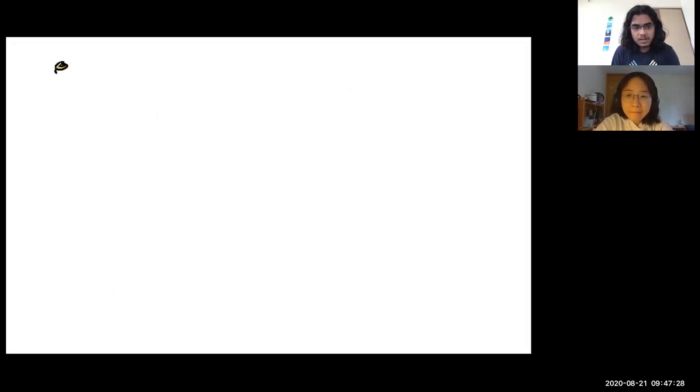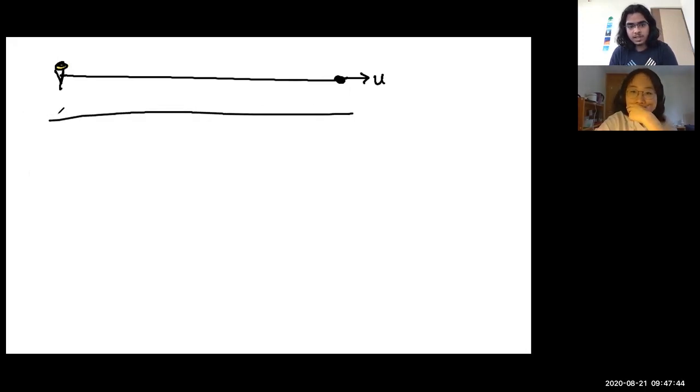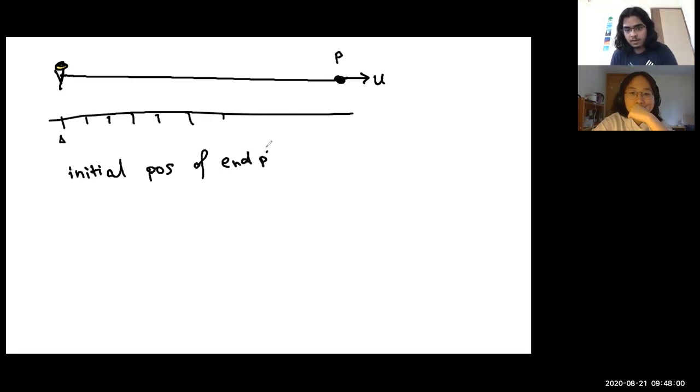So, you have this peg and an elastic string, and you know that this point is moving at a speed u, right? And you know that initial length. So if we assume there is an axis placed here, a scale with a 0 on the peg, then you know the initial position of the endpoint. Let's call this endpoint P. It's at the mark A, at t equals 0. And then you're told that it starts moving with a uniform speed u. So naturally at time t, point P is at,